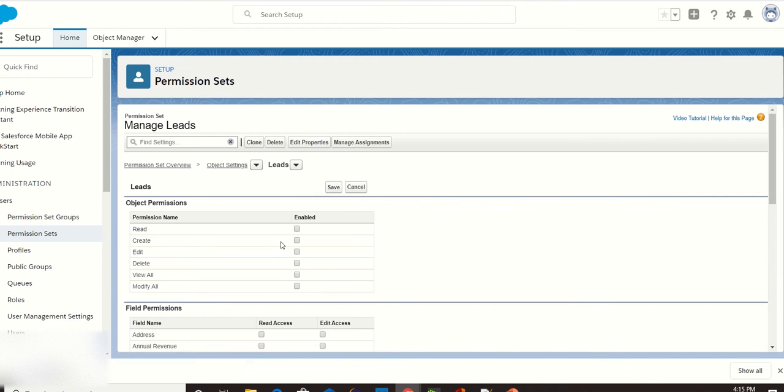For leads we need to give edit access and save it.